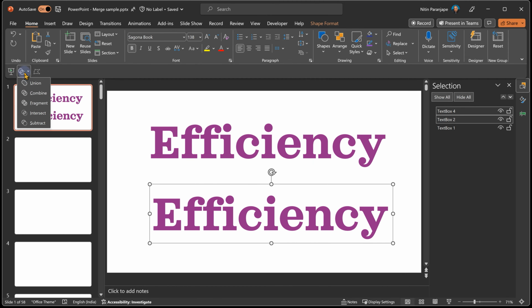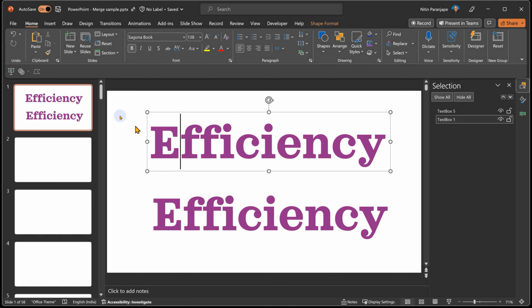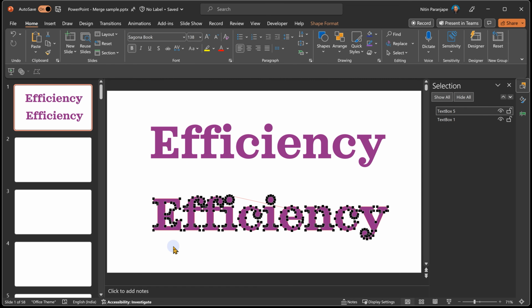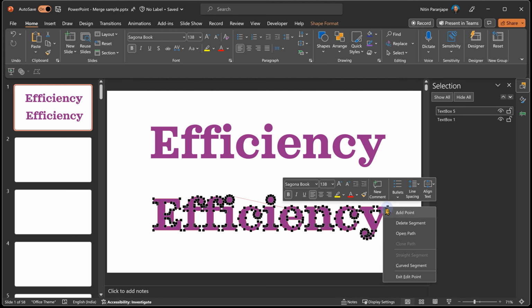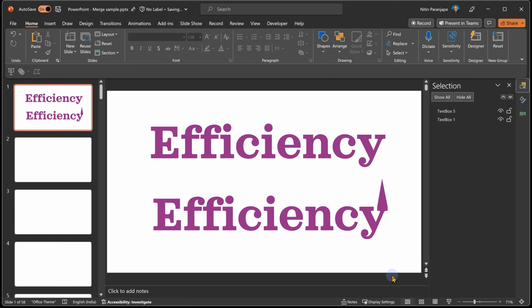And now if I go here and say intersect, nothing seems to have changed. This shows me edit points, whereas this is text. It does not show me edit points. So now if I click on edit points, each one of those points is now changeable and customizable. I wanted to add a new point here and just move that point up. This is how you can have customized typography or any kind of graphic tweaking to make more impactful presentations by converting text to vector or graphics or shape.